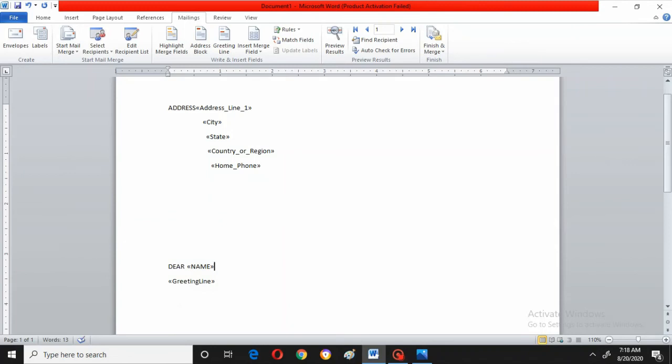Right? See, name you got. Already the same thing will be repeated here in the greeting line. If you have not given dear, directly you can go to the greeting line like this. For example, for your purpose, I have taken the greeting line again to show what happens when you give the greeting line. Okay. Next.